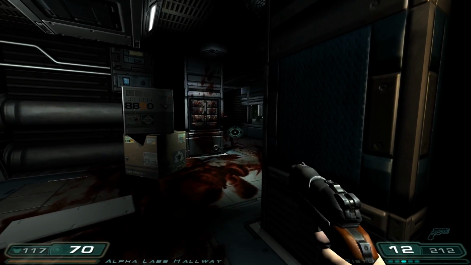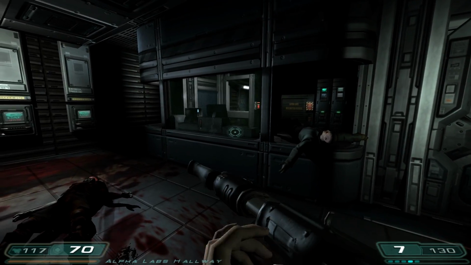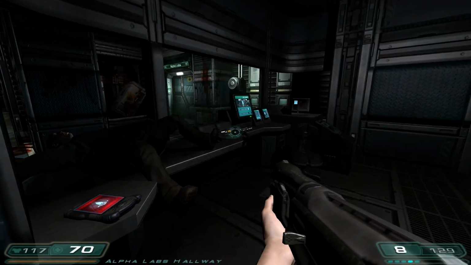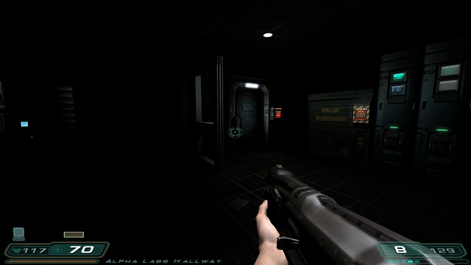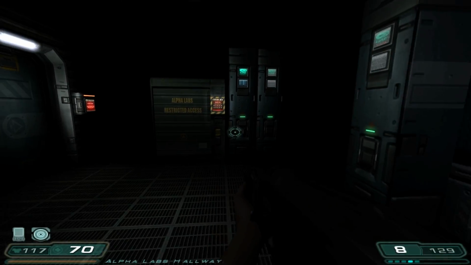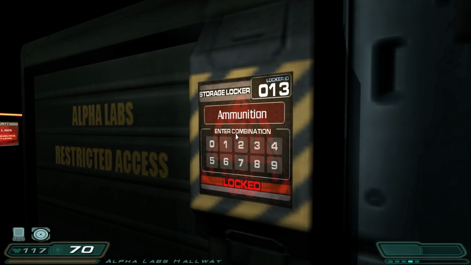And this guy's not gonna stop shooting, jeez, cut that out, dude. And there should be another guard, yes, there is. Right, so, the video disc in question that you are looking for is right next to this important PDA. It's right here, this video disc. And it's all about the administration labs, and I think it's actually about the Alpha Labs, but I'm not gonna check that. Instead, I'm going to shoot this zombie, and we're also going to open up this cabinet by Alan